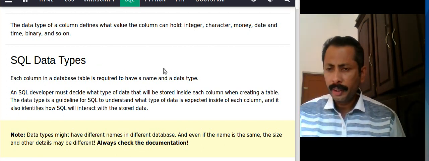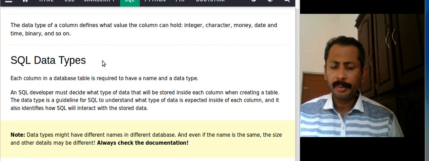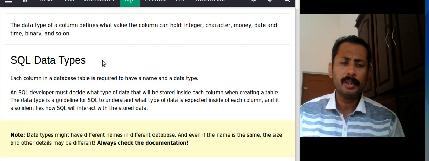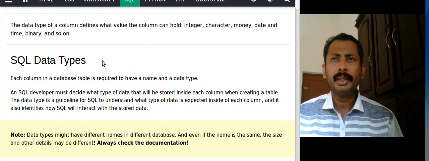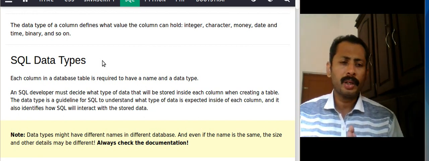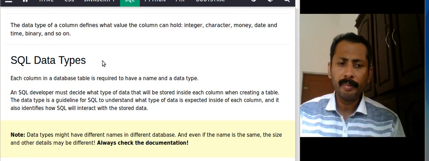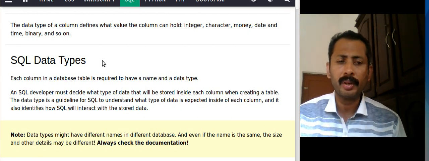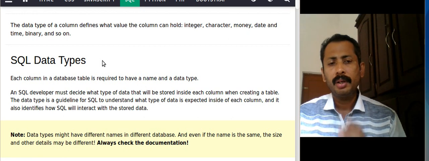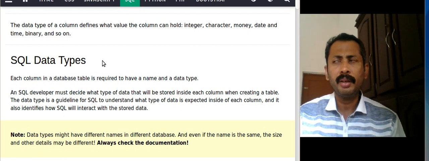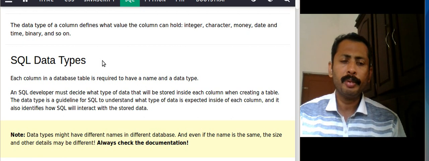So SQL data types, as I told you earlier, is what type of data is to be stored in a column. For storing class number we need an integer type, for storing name we need a text type or the variable character type. So this is what we are going to see today, which are the different data types that can be used in SQL.